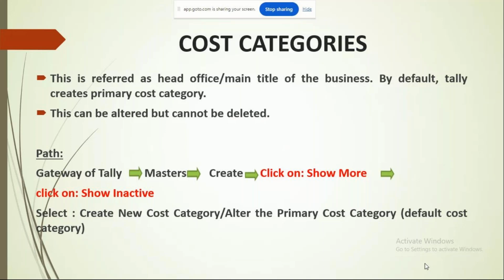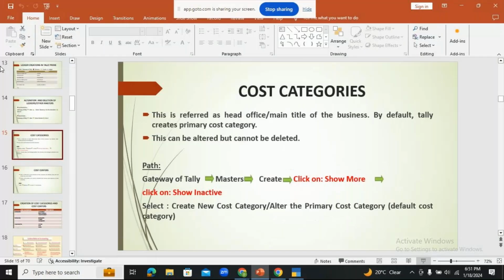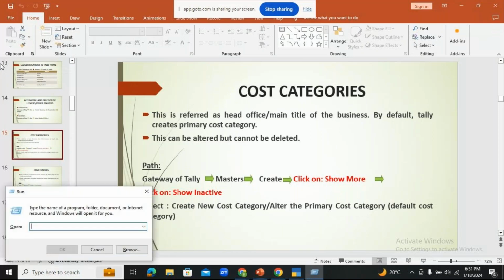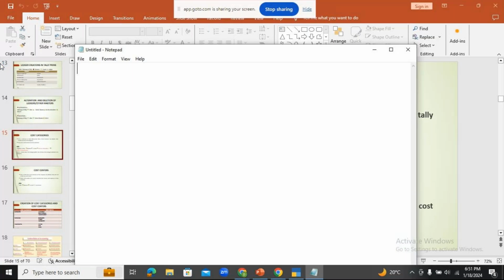Now in Bangalore, let's say I'm having around 5 branches. One is in Jayanagar, one is in JP Nagar, one is in, let's say, Vasant Nagar, one is in Malleshwaram, the other is in BTM, right? So let me put it this way for you to explain your cost categories and cost centers. Okay, fine. So if I take Bangalore,